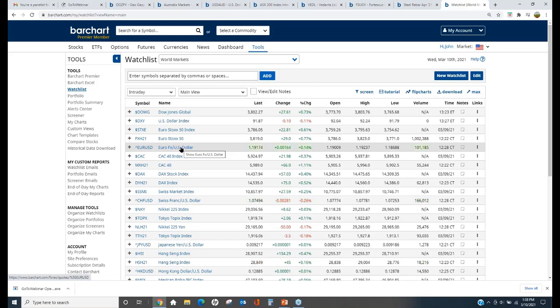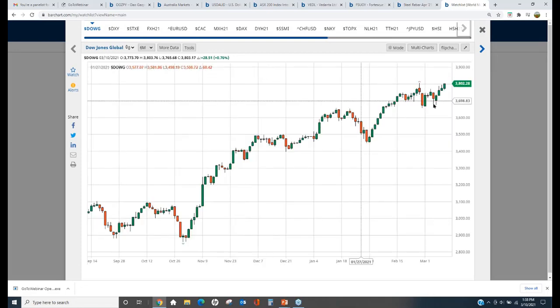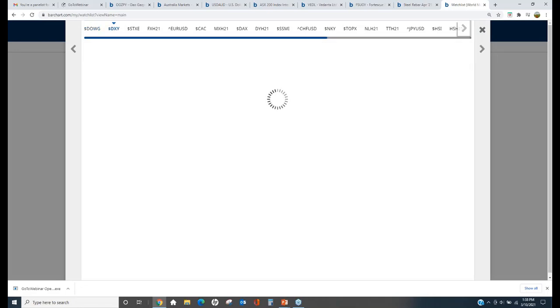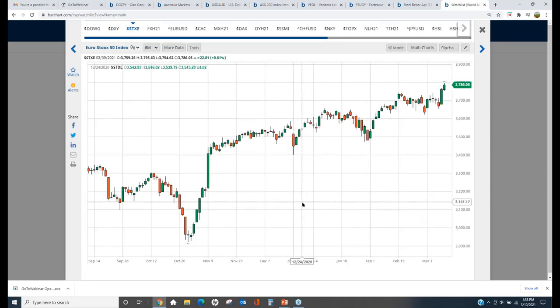And so here what we're going to do is start looking for those opportunities based on what we see in the indexes, what we're seeing in the currencies, and also what we're going to see in the futures markets, right? And check this out. You're going to like this. All right, so there's our world index. Here's our dollar. All right, so here's the Stoxx 50. These are European stocks, and you can see that it's been in a nice little meandering uptrend. And just in the last 2 days, we did get a little bit of a pop in this index.